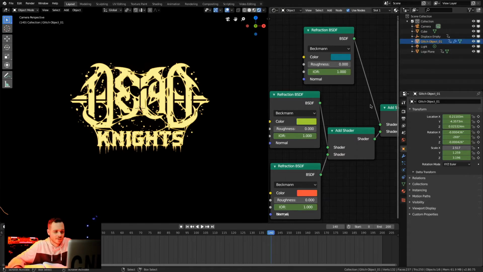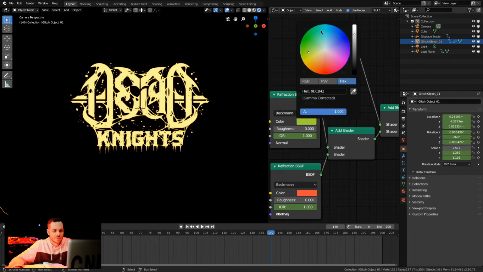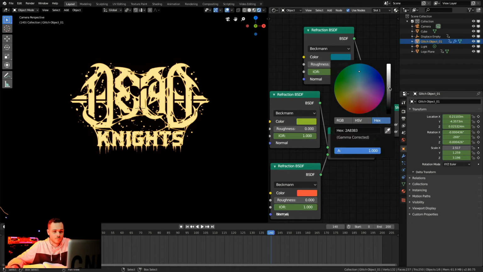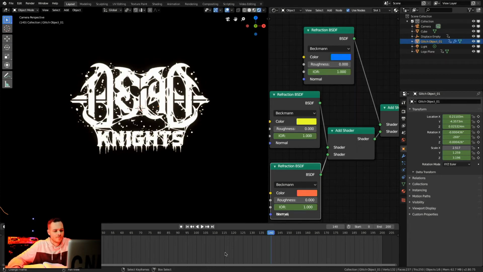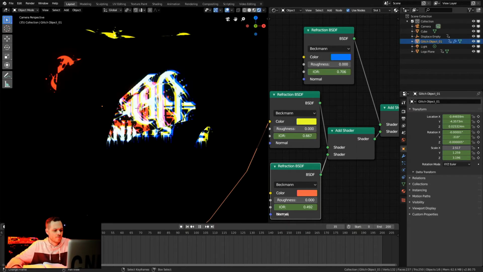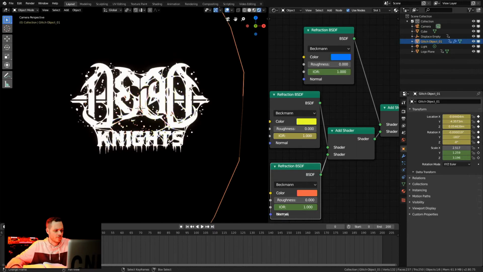a little bit to get the center to be a bit more white, the center of all the colors. So there's a little too much yellow right now, so let's do more blue. Okay, I like that. And I might even try and apply some video effects after, but for now this will do. And then if we play it,